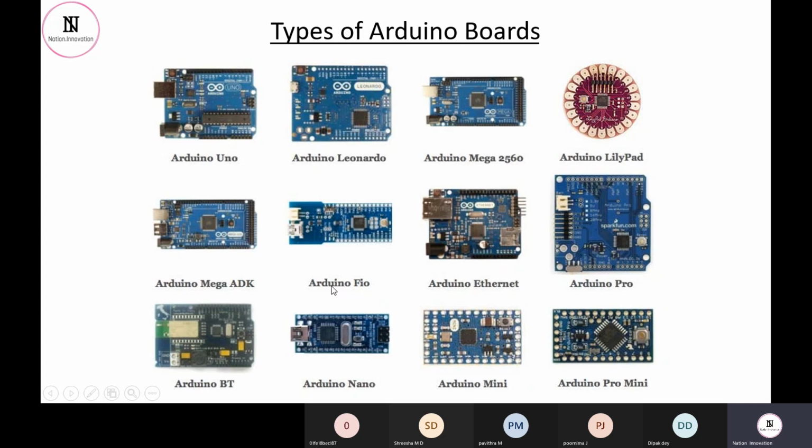Now, it depends on what kind of project we are going to make and what the requirements are. Suppose we require only 5 digital pins for a project, then there might be no need for an Arduino Uno. We can shift towards an Arduino Pro Mini or a LilyPad. If somebody wants to make some kind of gesture control devices, then a LilyPad, a Mini or a Pro Mini is a very good option.